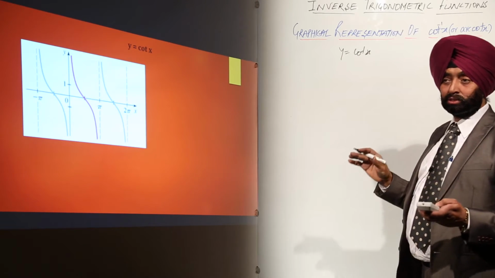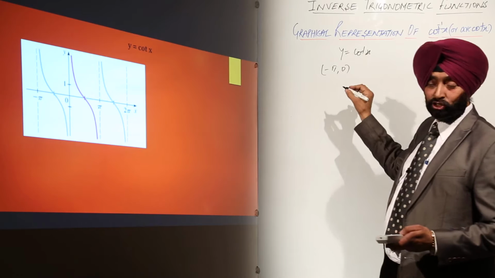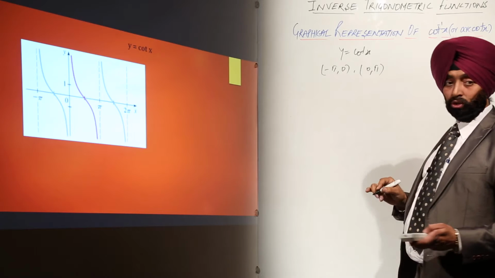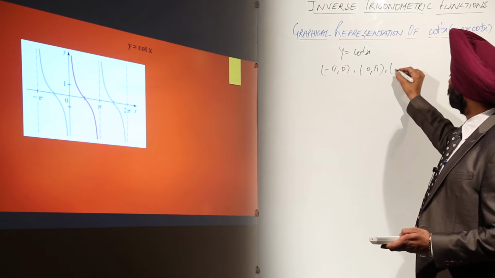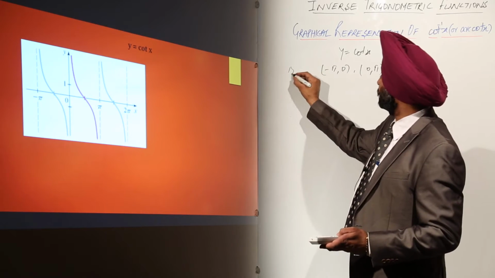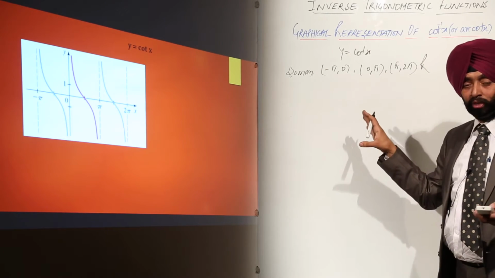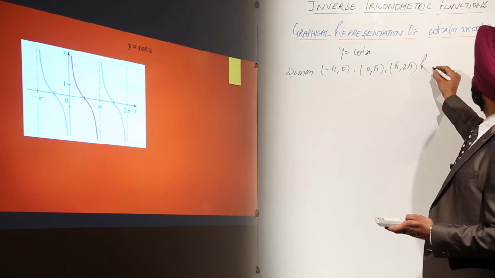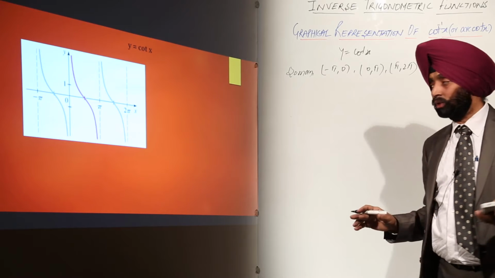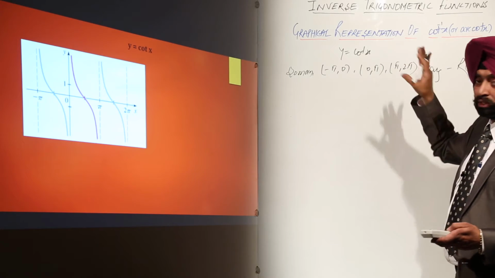Now just select some intervals for which we have a common range, and that is minus pi to 0 in the open interval, or we can write it pi comma 2 pi. And what is the range? These intervals are all domains, and we are going to select any one. The range is minus infinity to infinity, the set of real numbers, for cot x.